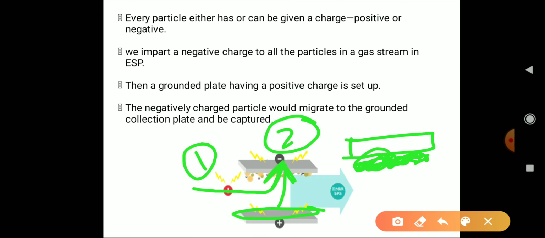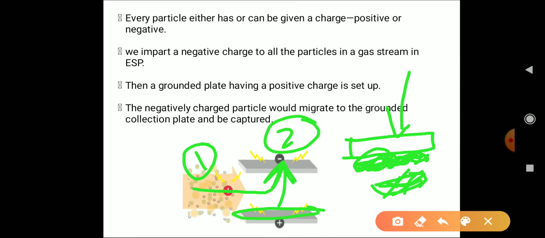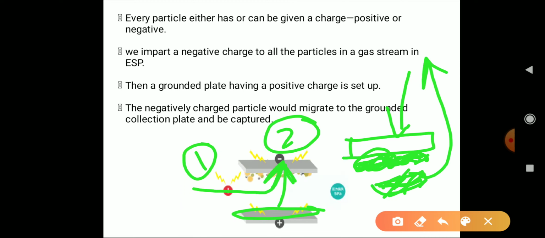which is later hammered and collected into a vessel. This can be transported to a reusable area. In this manner, we are freeing the air of very minute ash particles going into the atmosphere, which would otherwise disturb the atmosphere and the respiratory system of all the living beings there, including human beings, of course.